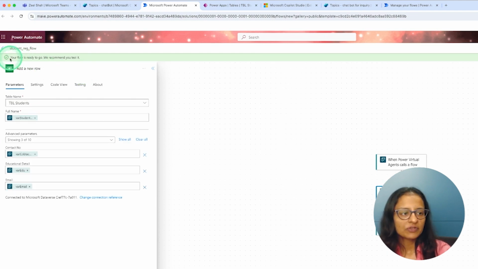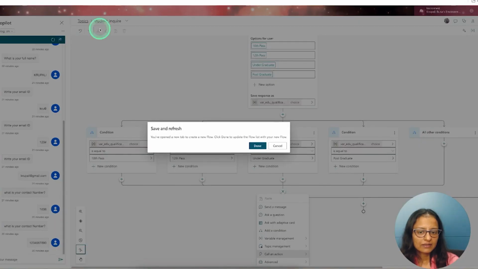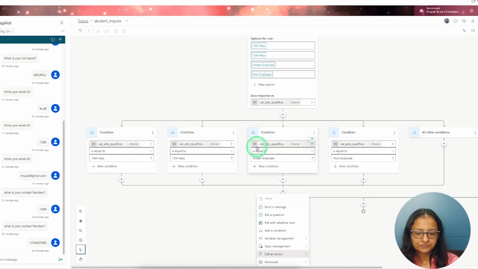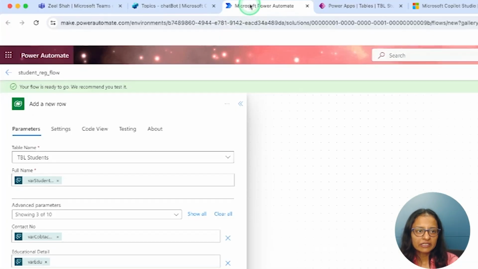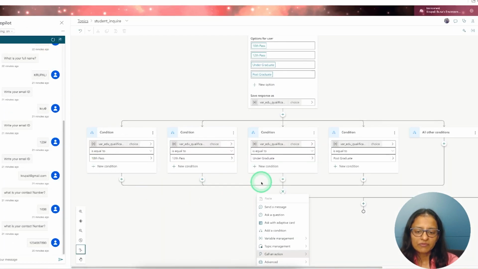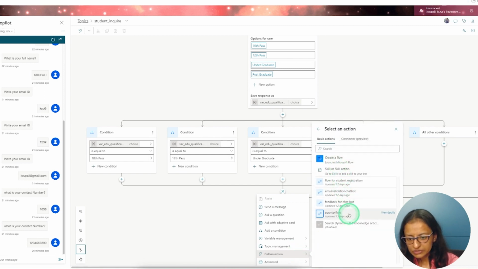Okay, here you will get the message that your flow is ready to go and we recommend to test it. So just click on done, and here we have created a flow with the name student registration flow. So go back to Power Virtual Agent, and from the call an action you are going to see the flow which you have created, but right now you are not able to see it.